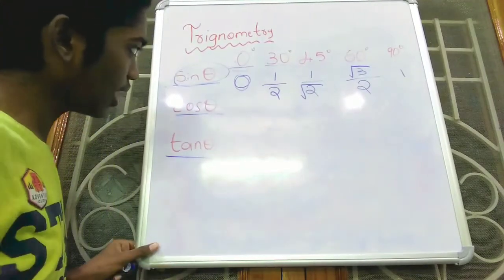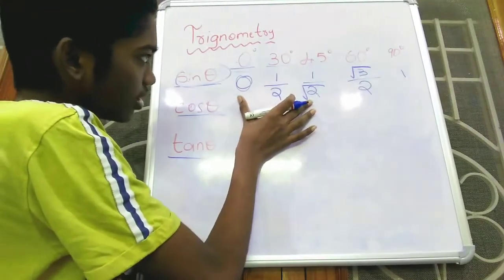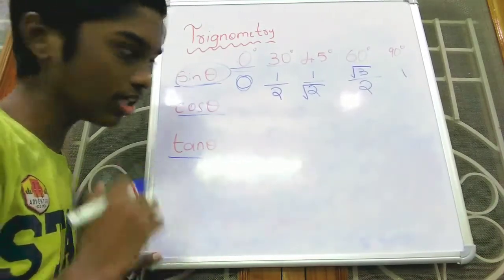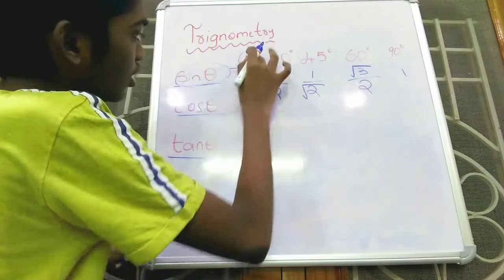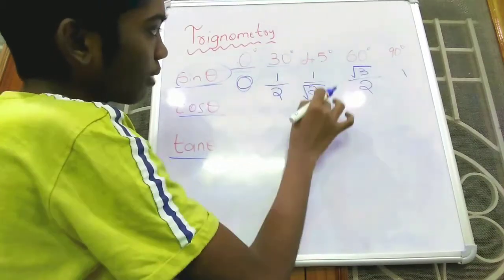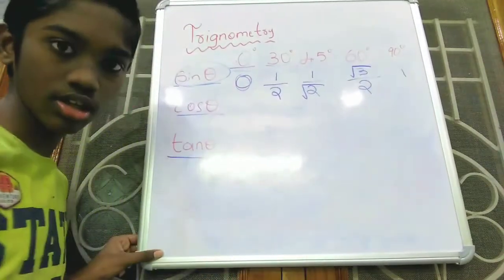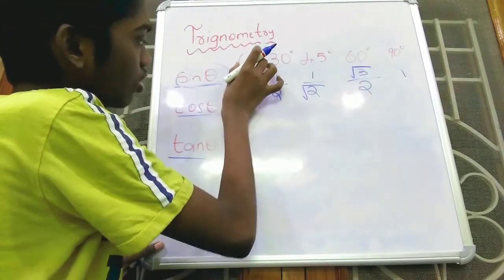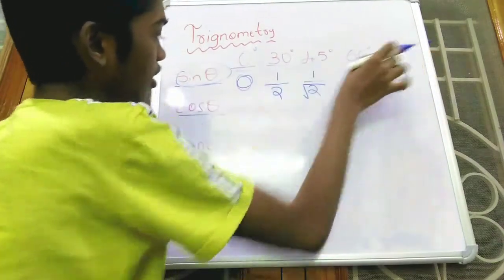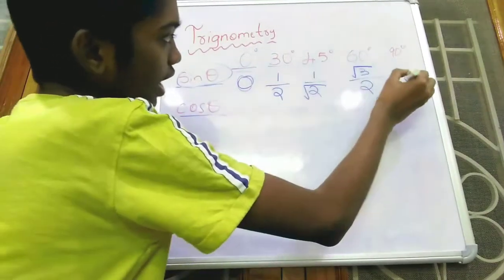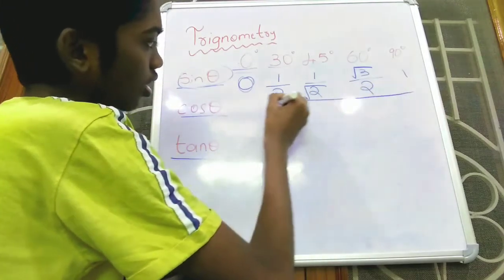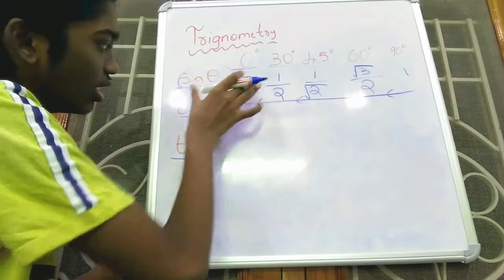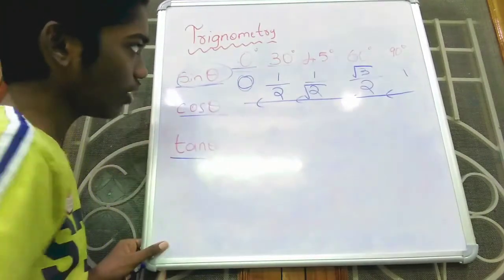Now coming to the cos values, if you just remember the sin values, then you will get the cos values in a very easy manner. I will say how it is. Here sin 0 is 0, sin 30 is 1 by 2, then 1 by root 2, root 3 by 2 and 1. Now we have to reverse those values. Cos 0 will be equal to sin 90. Means all the cos values will be in this order. The reverse values of sin theta are the correct values of cos theta.